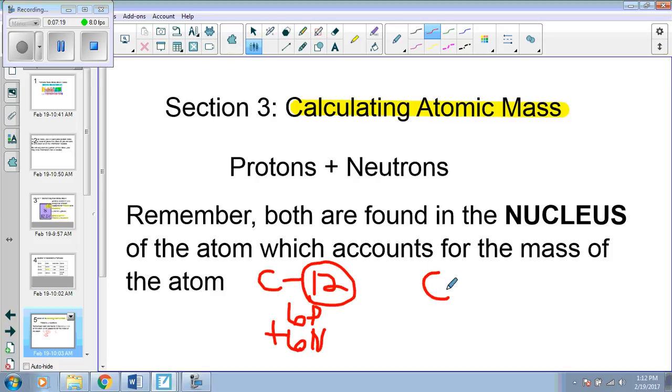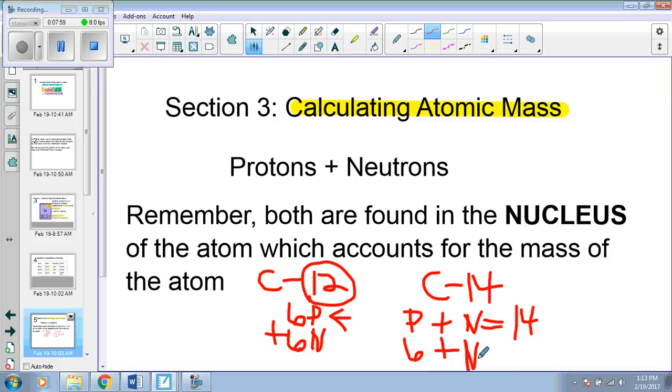Let's say now we look at carbon 14, which we use a lot in carbon dating to figure out the age of organisms. This number right here, your protons, is not changing. Once it does, we've changed the entire element. So I can safely say that 6 protons exist. So if I have protons plus neutrons, and I know it equals the atomic mass, which is 14, which has been provided, using simple algebraic equations,